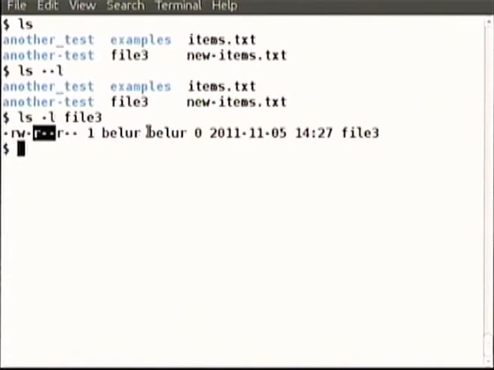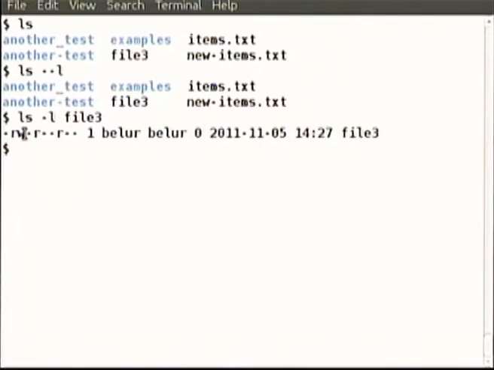In this case, incidentally, the group is Belur. And the last 3 are the permissions that all others who have an account on that computer have for this file. So what it says is the user Belur has write permission, but nobody else has write permission. Why? Because there is a dash there.